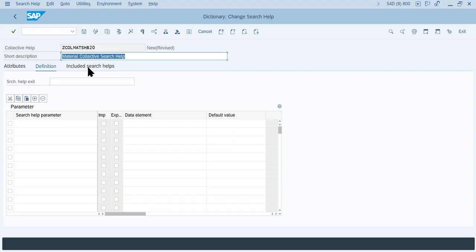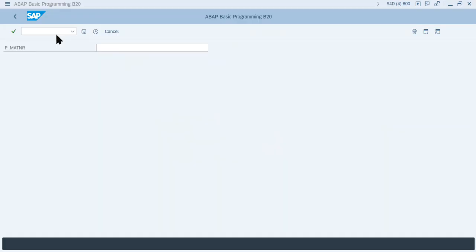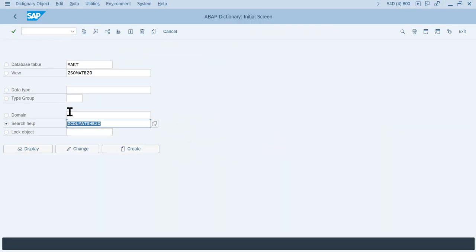Then you can go to the include search help, and provide the elementary or collective search helps here. Okay, so let's say here I provide this one